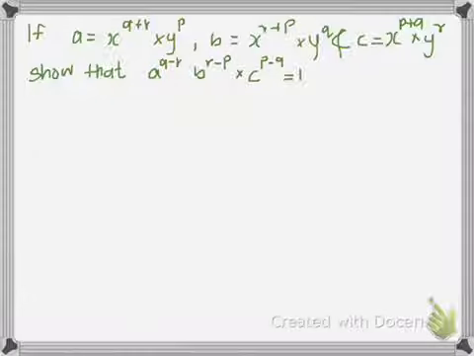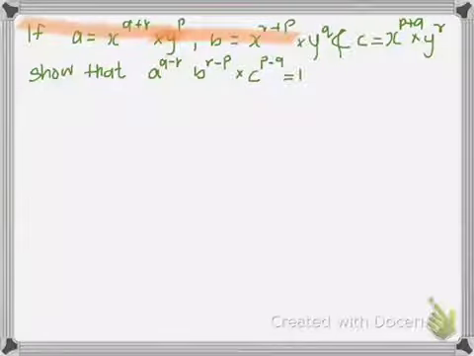Hello, let's try to solve another question from exponential equation. The question says if a equals x to the power q plus r times y to the power p, b equals x to the power r plus p times y to the power q, and c equals x